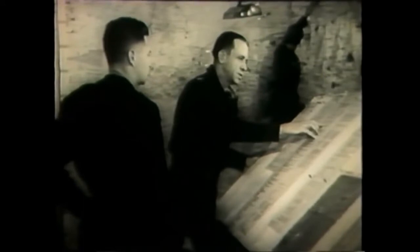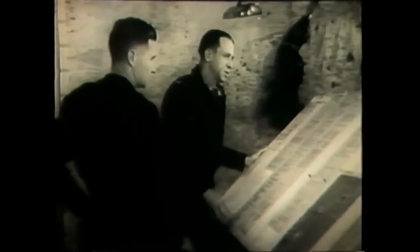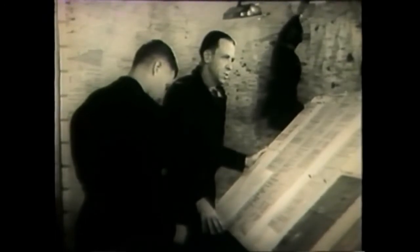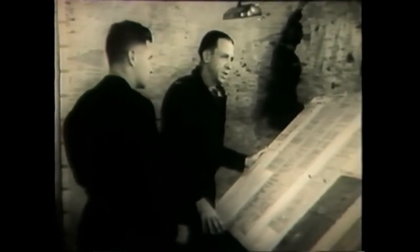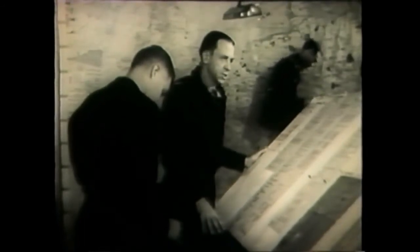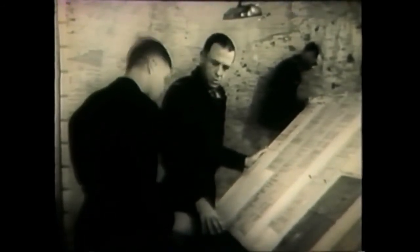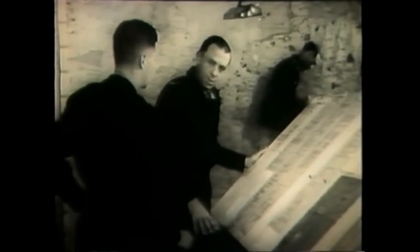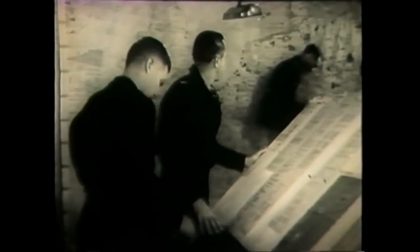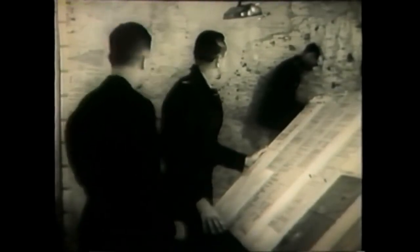Field order requires that we provide the 2nd Combat Wing and the 2nd Air Task Force. 89th Group will lead, 81st Group will be high, and the 63rd Group will be low. That means that Colonel Whitten will lead the combat wing on this mission? That'll be fine. The Bomber Command has asked for a maximum effort. That means every